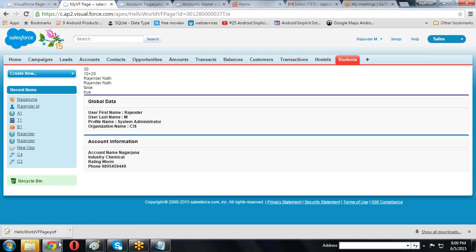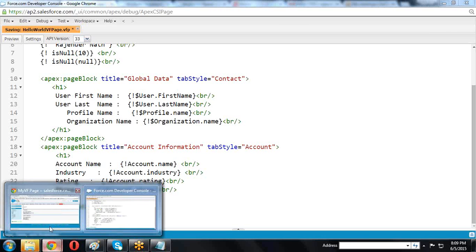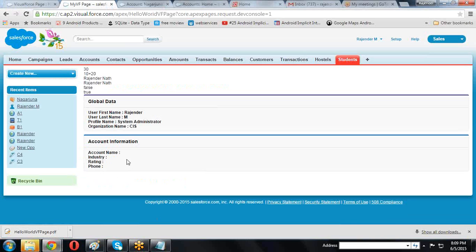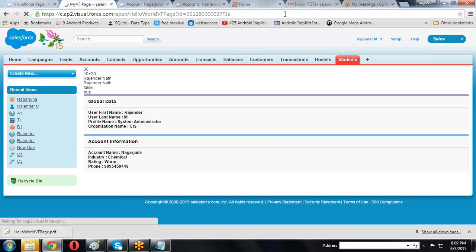Here account name, maybe we have not written it properly. id equals to the id value copied.